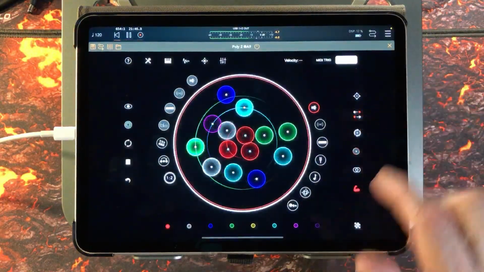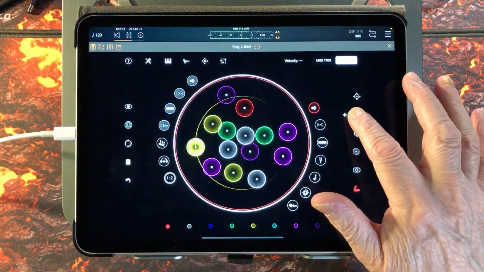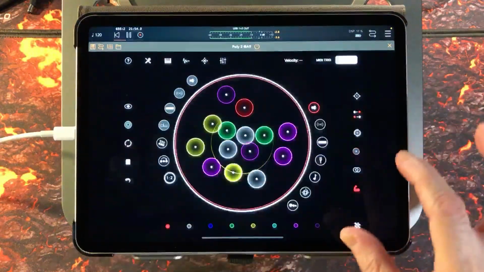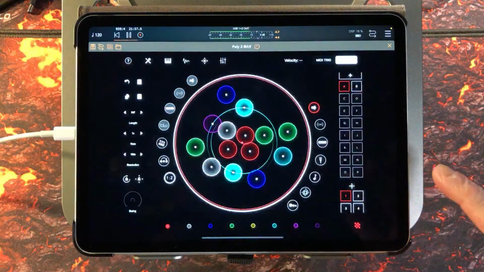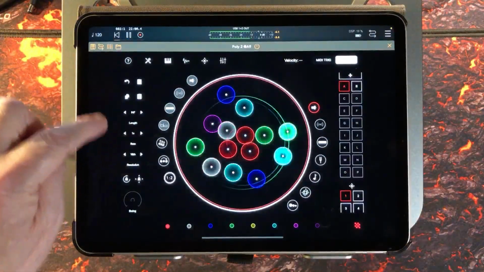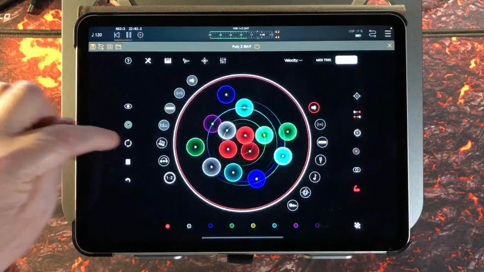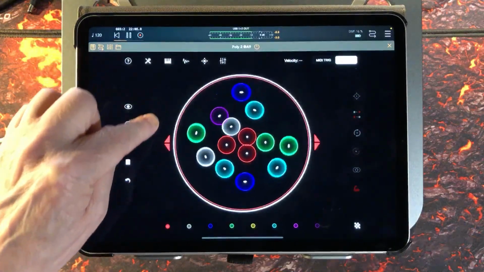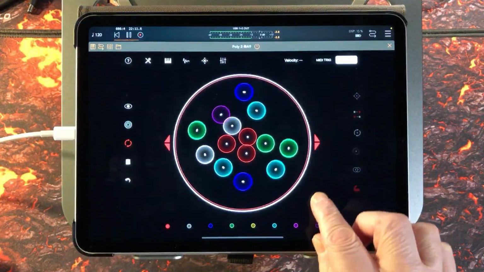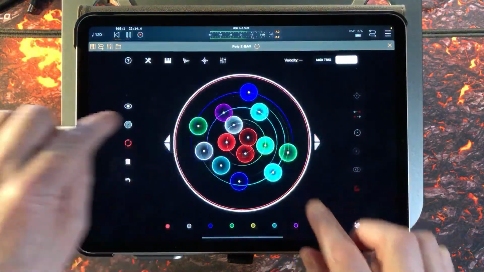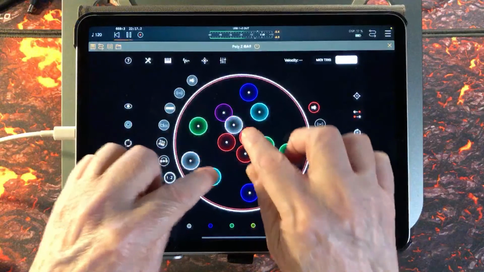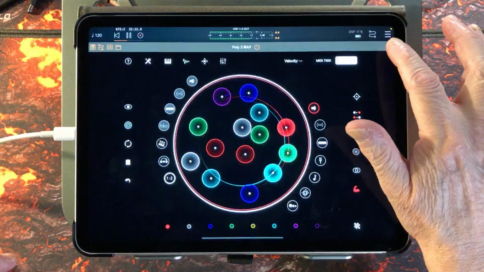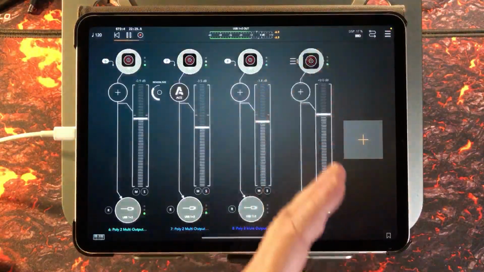How cool is that? Randomize. Move it over to the little cross to create a new scene. Let's do this. Let's tap this button here to reposition it. And of course